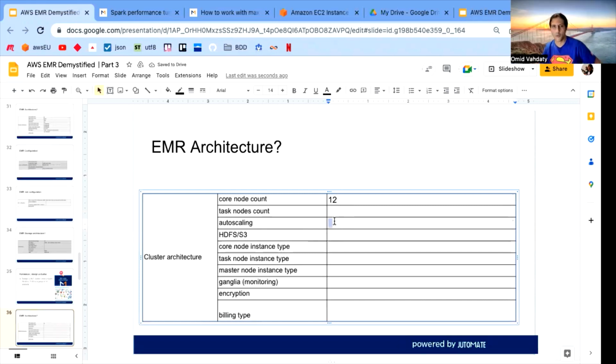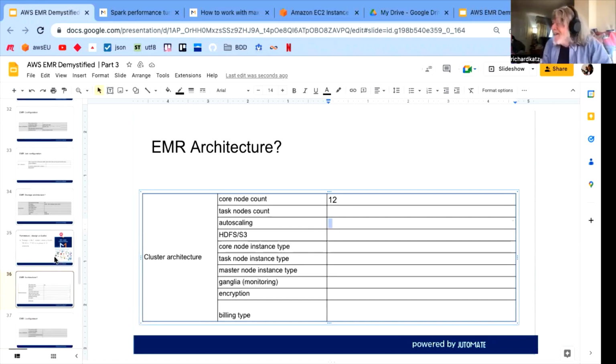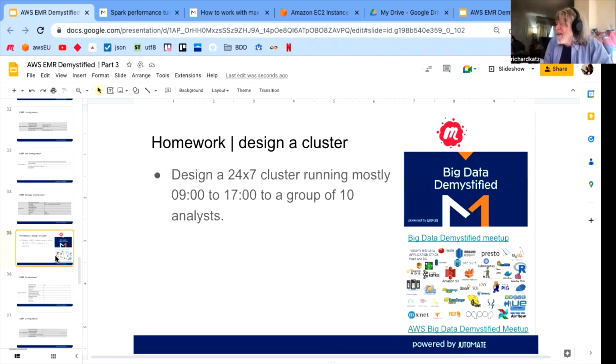Yeah, great. So what was your initial thinking? Why did you guesstimate 12? I don't know, it just seemed like a good number. Auto scaling, though, wouldn't be particularly useful unless there's some particular peak usage time, like between 8 and 10 or something,